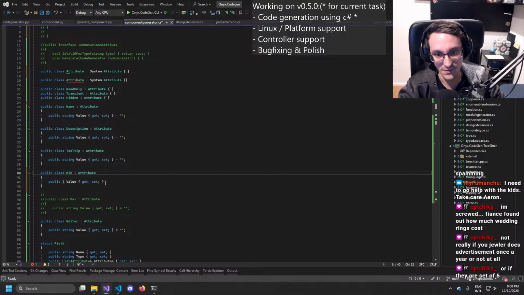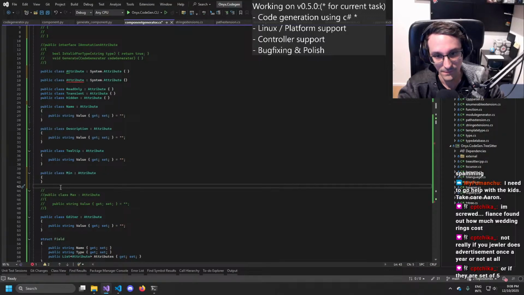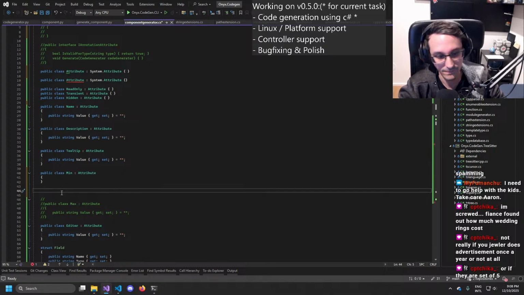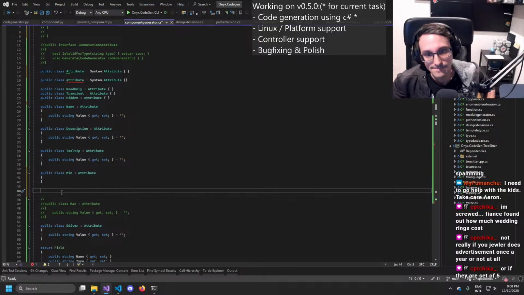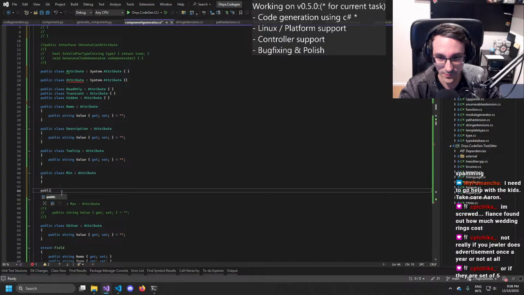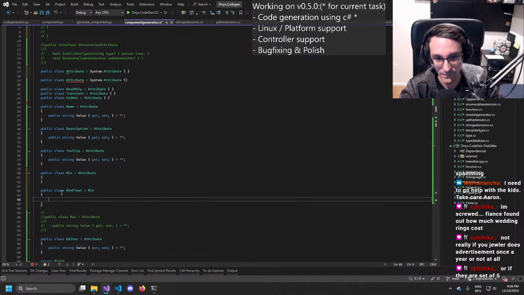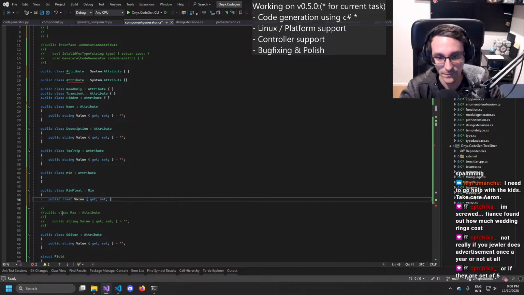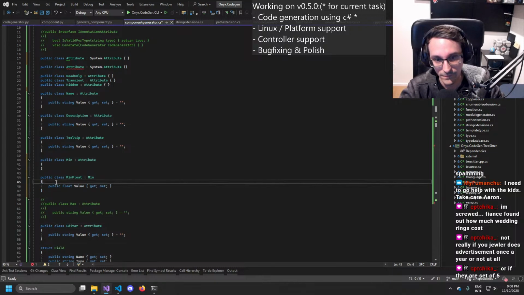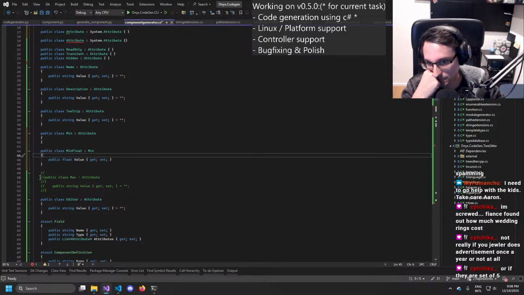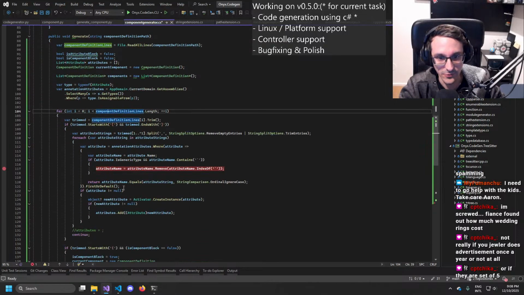Or how about we do this? That's a min attribute. Then we have public float, well, class float min or min float. Maybe we do that, and then if